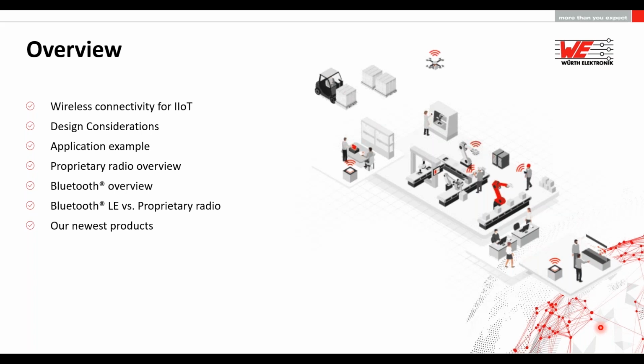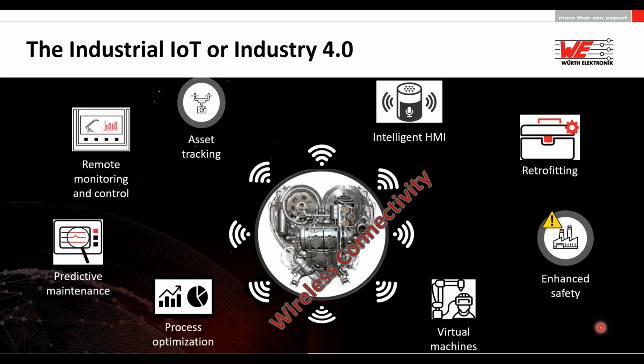So let's get things started. Industrial Internet of Things. Just sit back and imagine what comes to your mind when you think about industrial Internet of Things or Internet of Things in general. It's hard to imagine, right? I mean, there is not one specific definition, so to say, about Internet of Things. So it can be sensors, wireless connectivity, gateways, cloud, a lot of protocols, and then you have applications like asset tracking, intelligent machine interface, virtual machines, enhancing safety, industrial digitalization, industry 4.0, and so on.